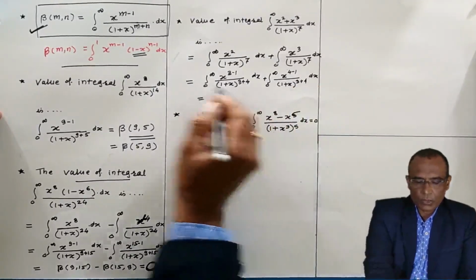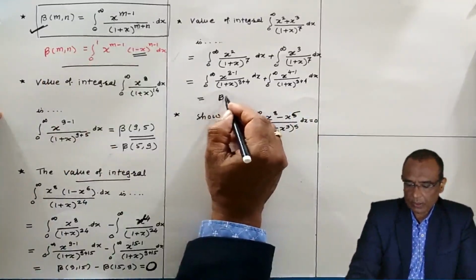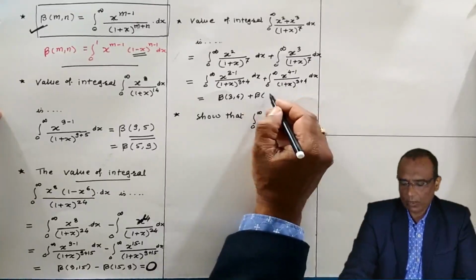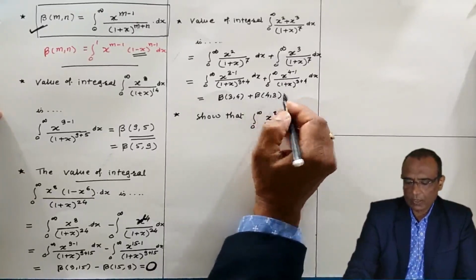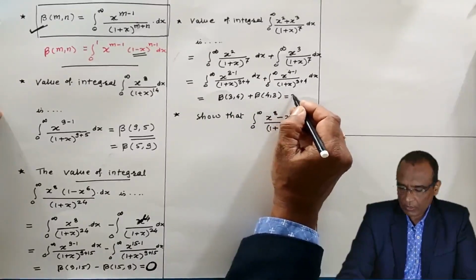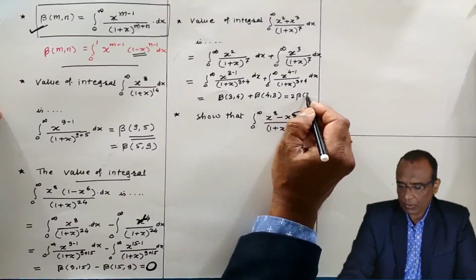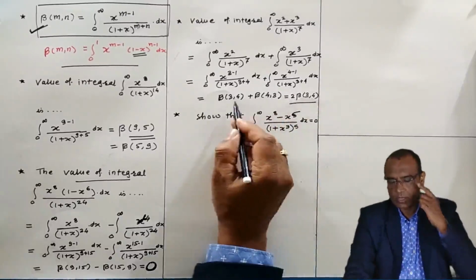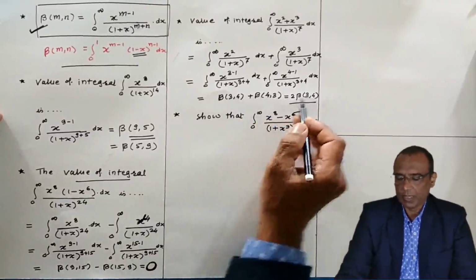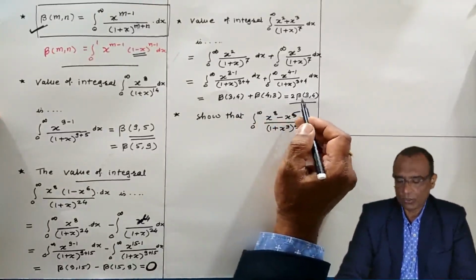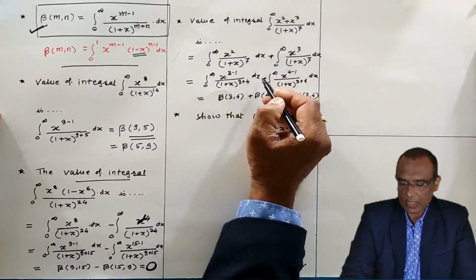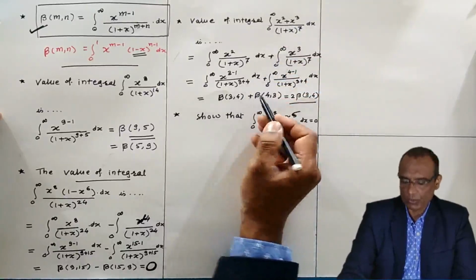Now, using this one, beta 3 4 and beta 4 3, or 4 3 or 3 4, is the same thing. So these two are the same. Beta 4 3 is beta 3 4. Therefore, I am writing directly 2 times beta 3 4. These two values are the same and plus is there, so 2 times this. This beta 3 4 can be written as beta 4 3 also. If minus sign is present, then the value of this will be 0.